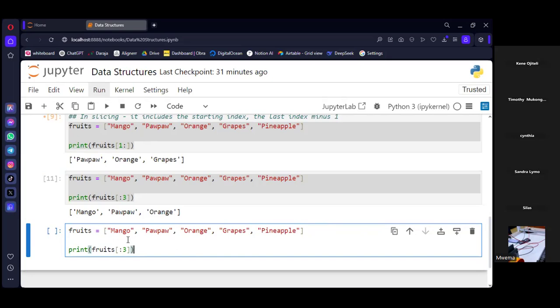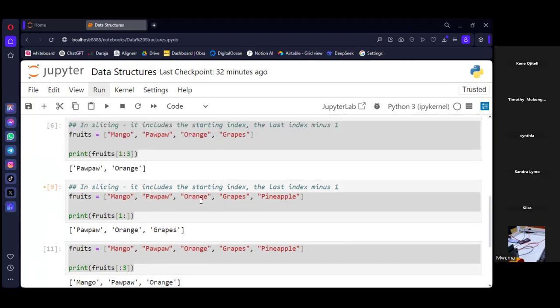Now, we say that indexing begins from 0, like if you're going from left to right, 0, 1, 2, 3, onwards. But if you want to come from the other side, then it begins like this: this one is going to be negative 1, then negative 2. Remember, it doesn't begin from 0, because when you specify 0, it means you want to begin from the other side. So this one begins at negative 1.